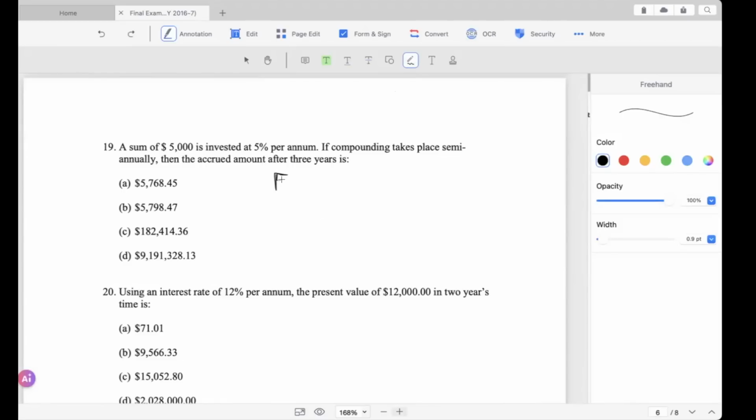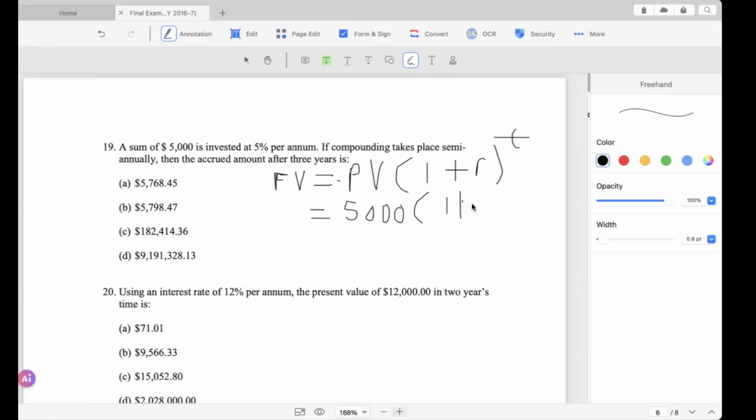So future value is equal to present value times 1 plus r raised to the t. The present value is the amount invested, so the present value is 5,000. 1 plus r,